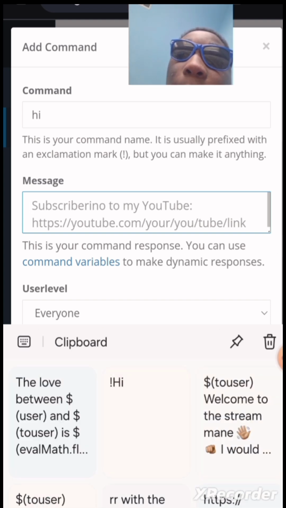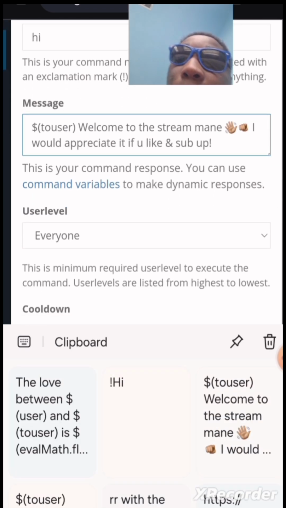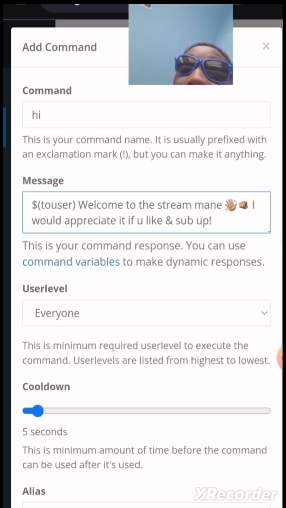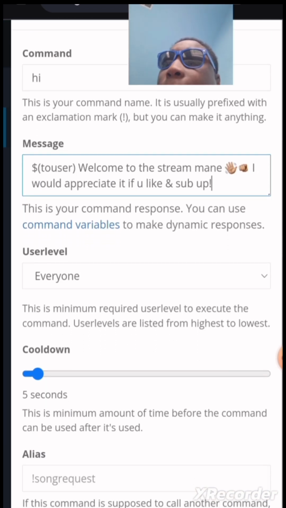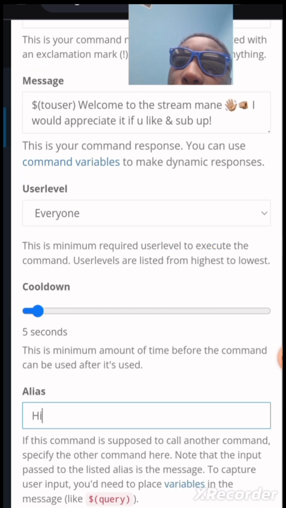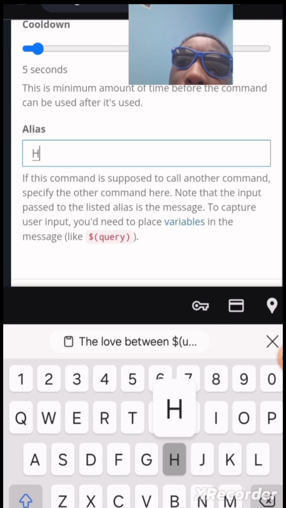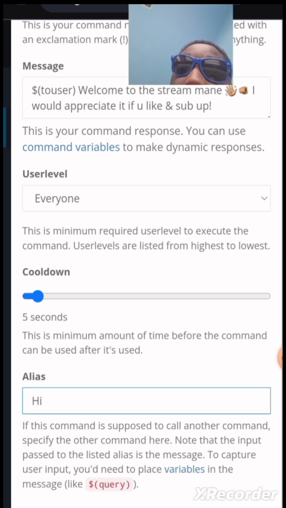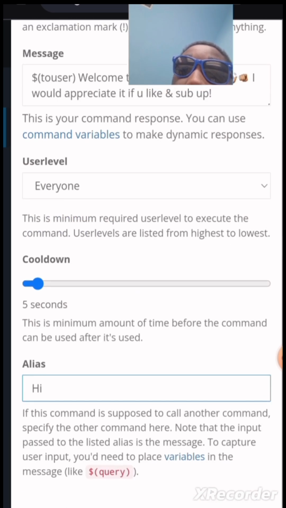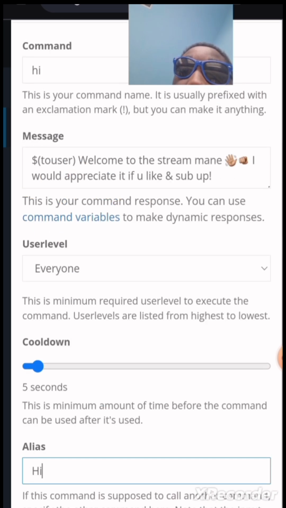You could do just fine without the exclamation mark, and it could still work. And then copy and paste. These are my YouTube commands. And then if you want to, I would say you could add an alias, which is basically the word you type in that Nightbot is automatically going to respond to once you type it in chat. So you could do alias, like say hi or yo or something like that. And it'll come out with the correct input. So what you want to do is submit it